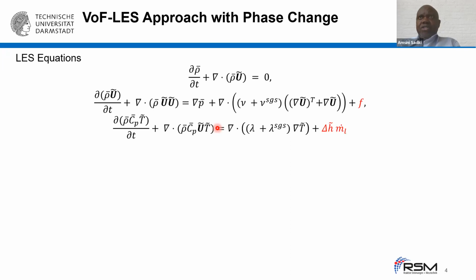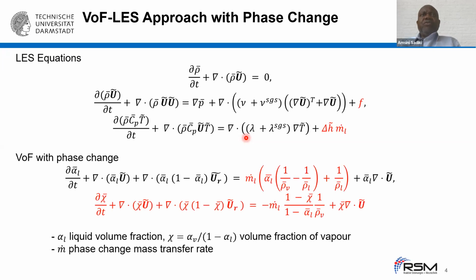So the LES equations are what we know, say the continuity equation here, because we assume that we have only one phase formulation. And then we have the Navier-Stokes equation, and here the equation for the energy. I hope that all these quantities are well known as we have introduced them previously yesterday. And for the WAF with phase change, we have this part for WAF, the liquid volume fraction,